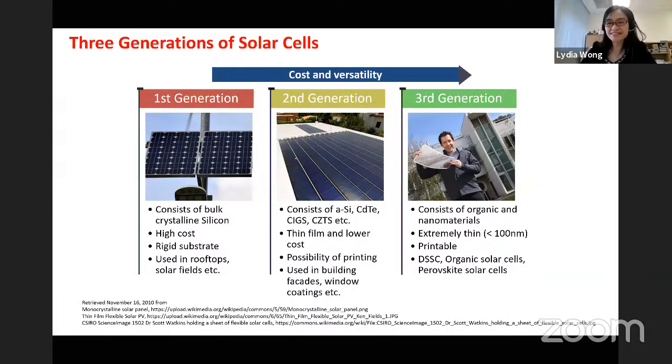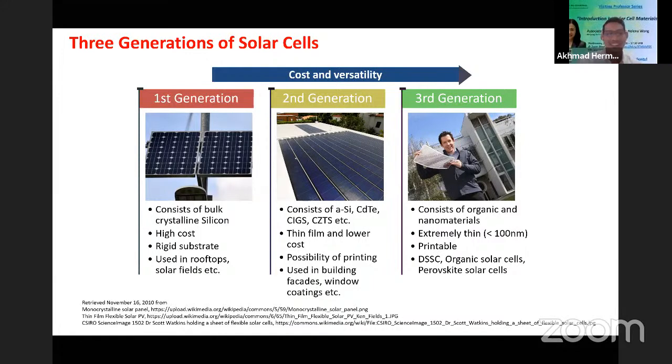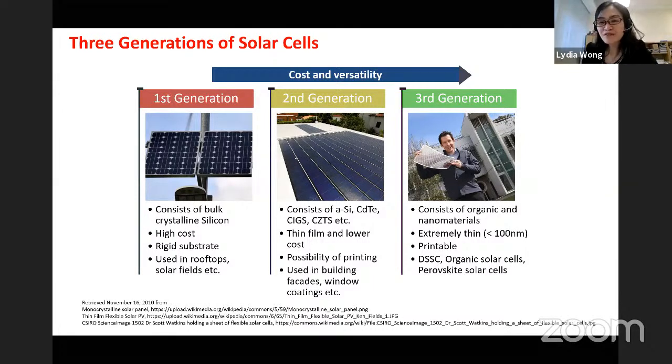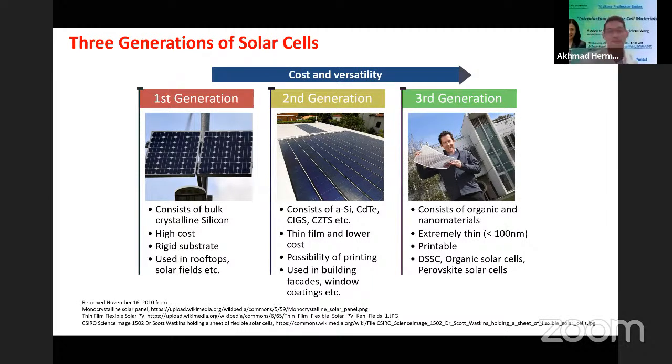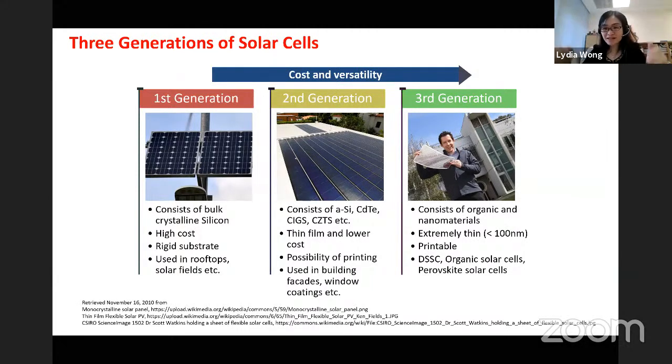The real solar panel. Actually, to be honest, I also never tried, because one solar panel is 25 kilograms. Yeah, you are right. Imagine if you go overseas, one luggage is 20 kilos. That one is very heavy. Imagine one panel is 25 kilograms. That's how heavy a silicon solar panel is. The silicon itself is very thin, but the encapsulation materials and the substrate are very heavy. Because of this, it limits the application.